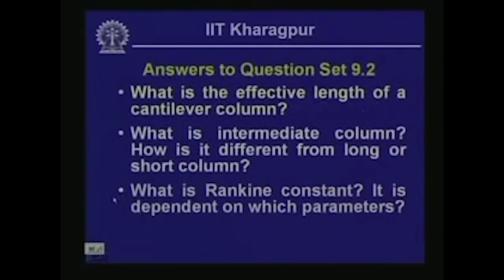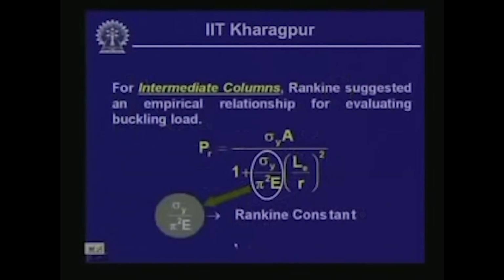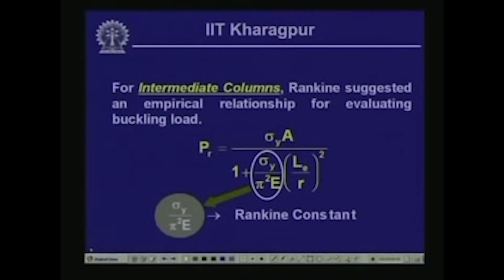The last question was, what is Rankine constant, and which parameters is it dependent on. Now, as we had seen, for such intermediate columns where we cannot apply Euler's critical load formula for the evaluation of critical load, Rankine had proposed one empirical relationship for evaluating critical buckling load for such columns, which is